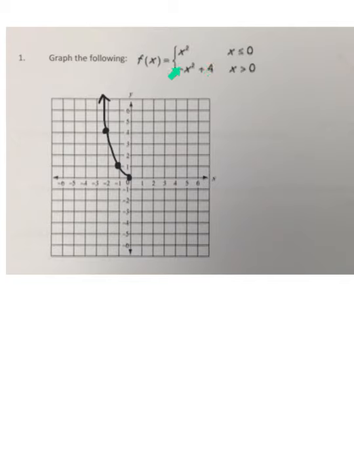Now, the next one is a negative pointing parabola with a vertical shift up 4. So I'm going to go up to 4, but since we don't include the 0 in that domain, we're going to have an open circle, and then we're going to go down 1 to the right 1. Then we're going to go back to that turning point at 0, 4 and go down 1, 2, 3, 4 to the right 2. Then go back to the turning point again and go down 9